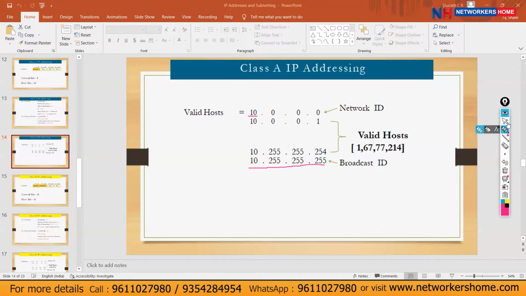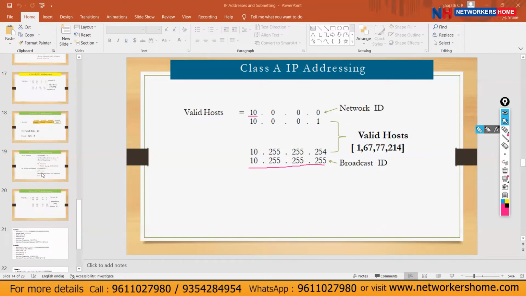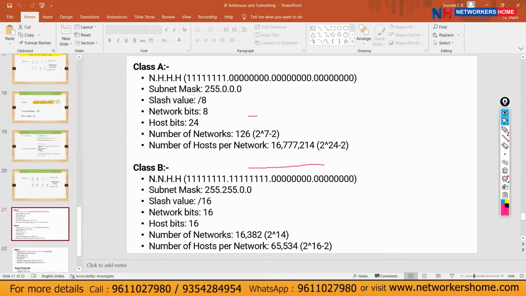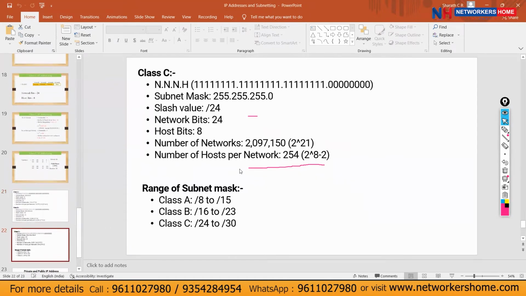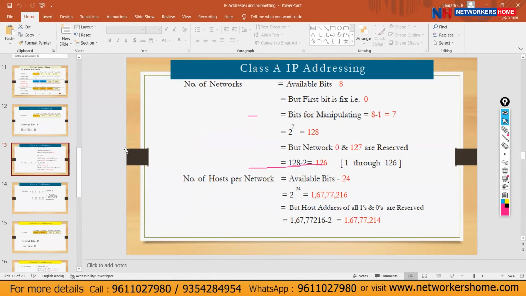Okay, make a note of this. Guys, see, class A, class B, class C, I'll explain, and at the end, I've also made a note like this. Do you want to take down these notes or do you want to copy from these slides? I have made brief points of class A, class B, class C. Do you want to take down notes like this or do you want to copy from here? This? Okay, copy. It's the same information I have mentioned in those points also, but I think this is more brief. If you want to take down these, or if you want small points to understand, I have made those points at the end.